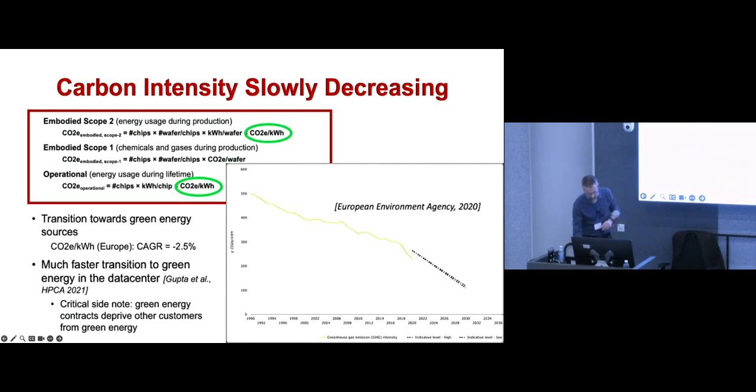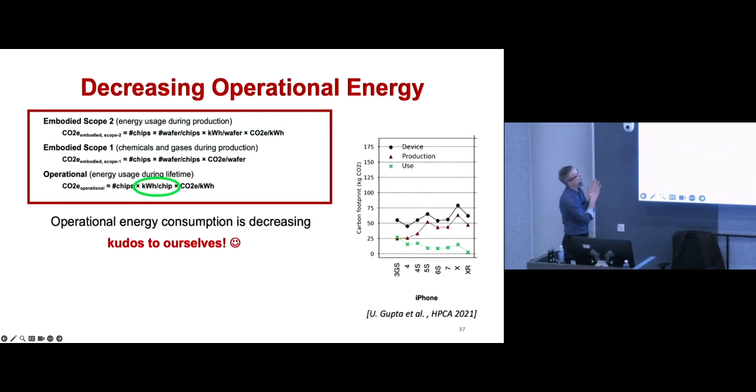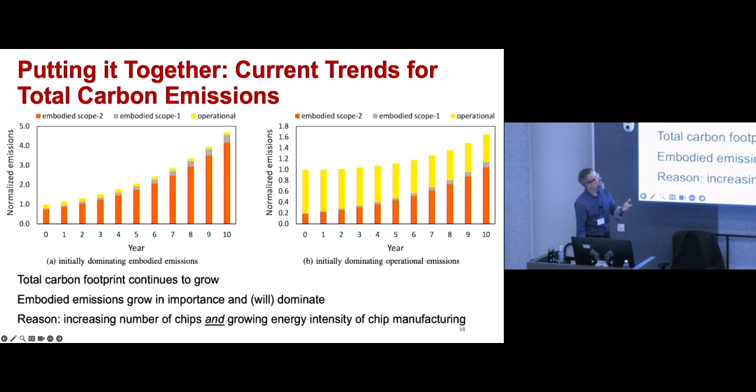And in terms of the operational energy consumption, I think computer architects and hardware designers have done a great job, and also software developers have done a great job reducing the operational footprint of computing devices. Things like DVFS, clock gating, and power gating are all techniques that are widely deployed and help us reduce the operational footprint of computing devices during product use.